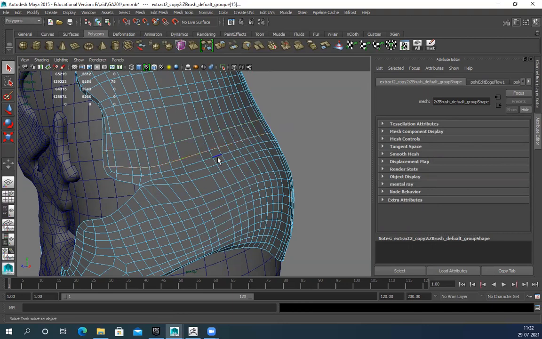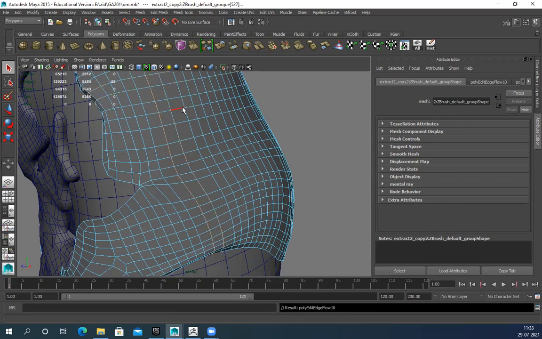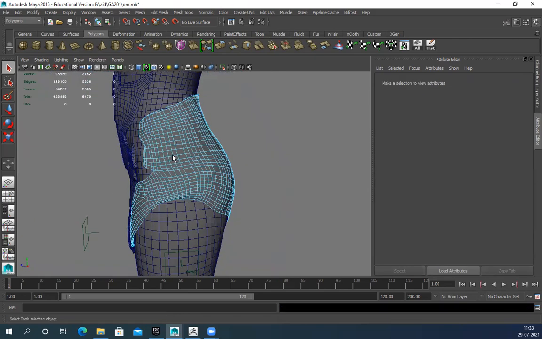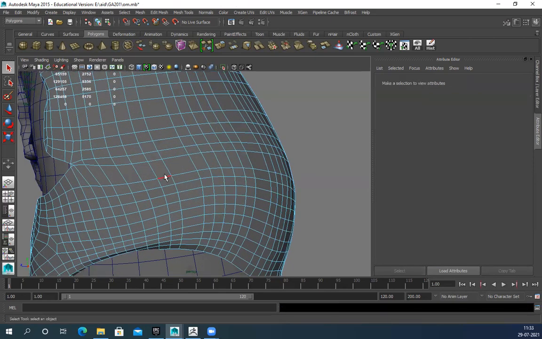Then I can select any one of them and press G, G. It will average out all this poly distribution. So I can delete one more from here.